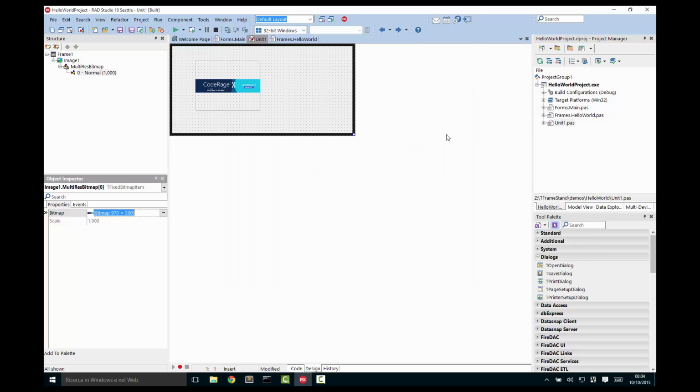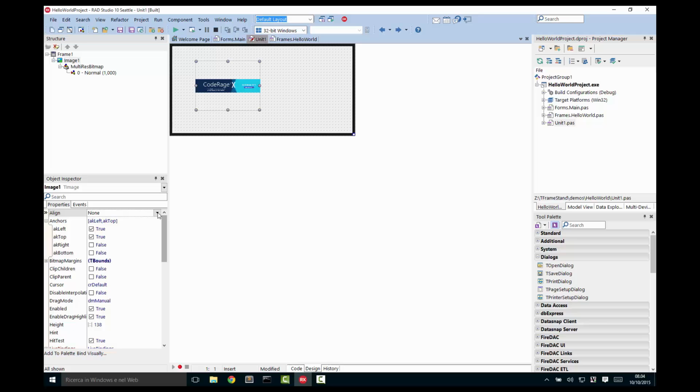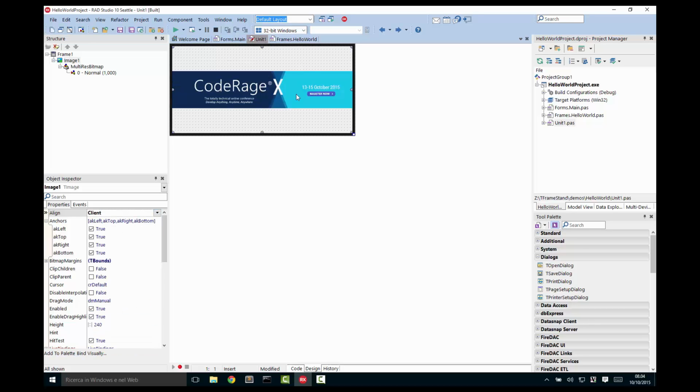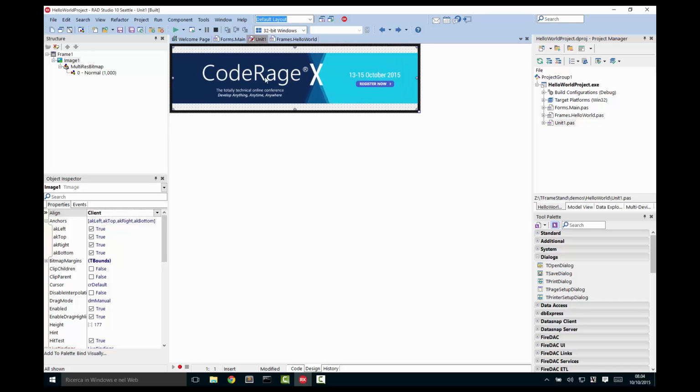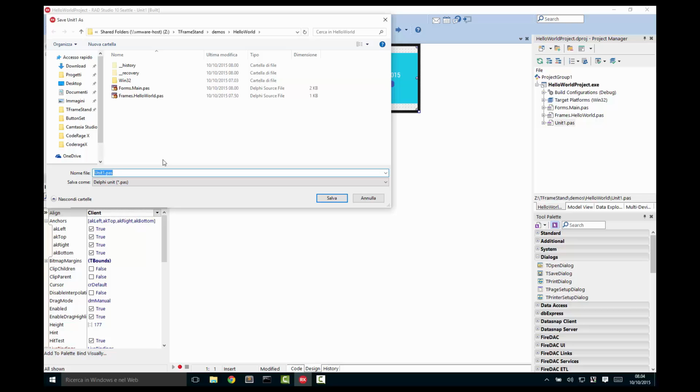Okay, this is the image I want to use, and I can align this client so it is perfect. What I want to do is save this frame as my frames.picture